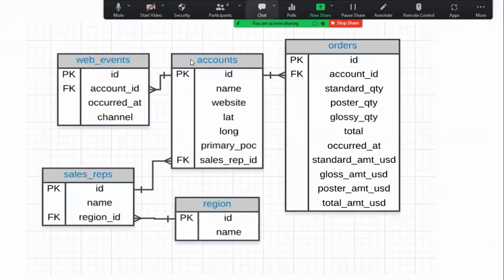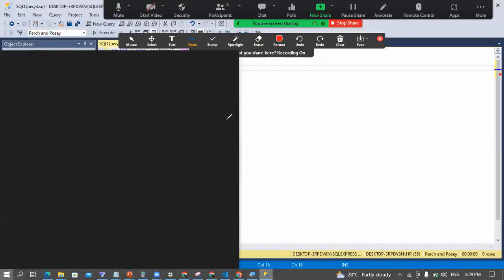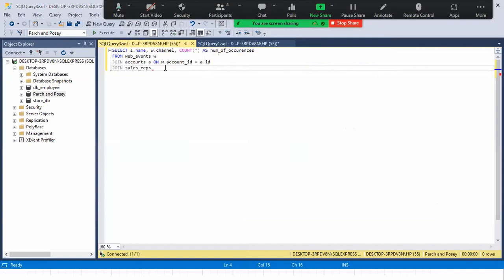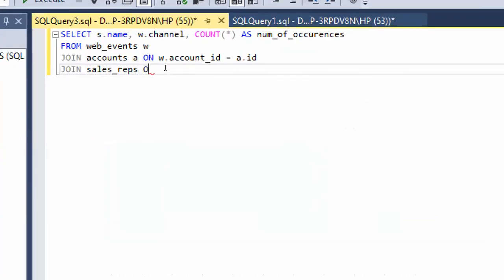So if you look here one more time, we're joining web events to accounts, account ID to account ID. Next, we'll also join to the sales rep table, account sales rep ID to sales rep ID. That's what you're doing. So we've done the first part. The second part now is to join sales rep, on